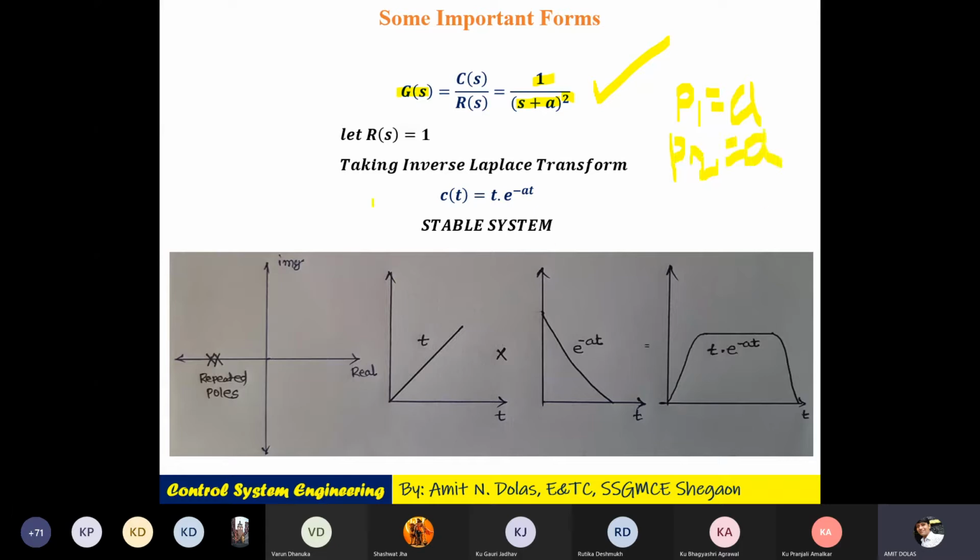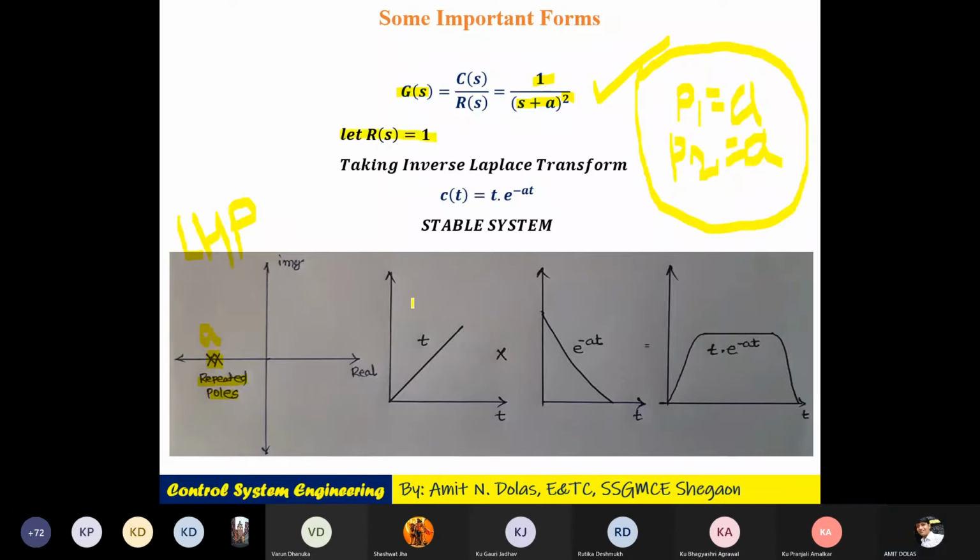So we are going to see the repeated pole example on which side? The left hand plane. This transfer function 1 upon s plus a whole square will provide you two repeated poles on the real axis in the left hand plane. I made crosses; even though they appear separate, they are overridden, that is how we have to show them. So we can write below: repeated pole at minus a. Now let's take the inverse Laplace transform because we need to see what its output is.